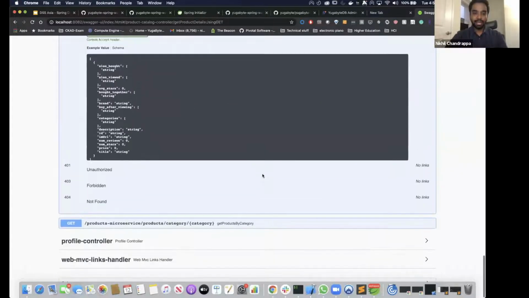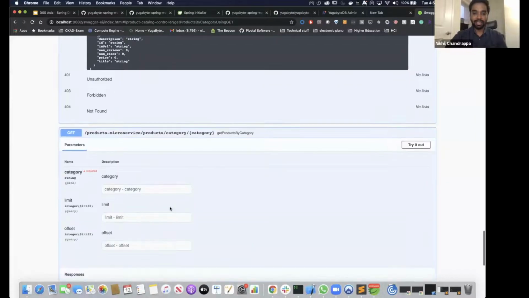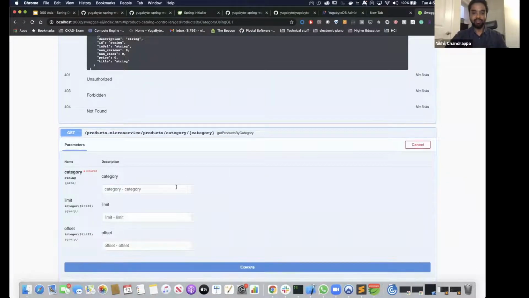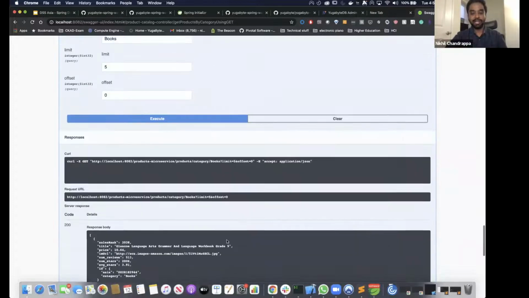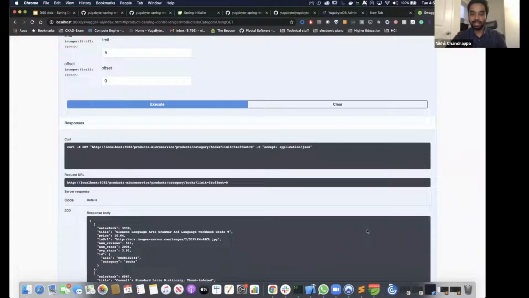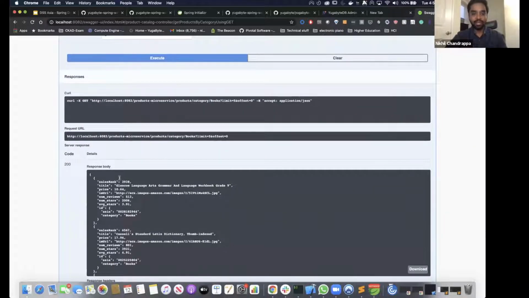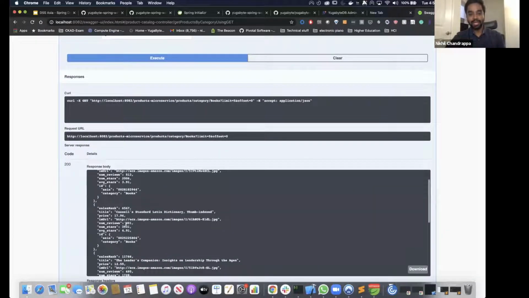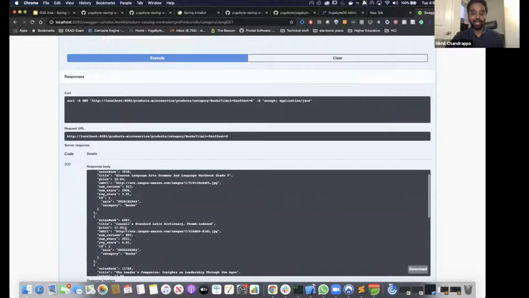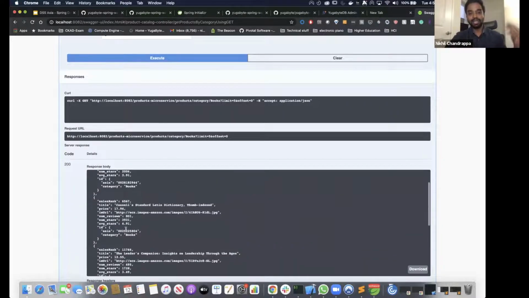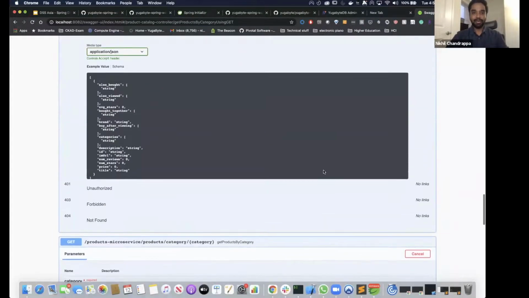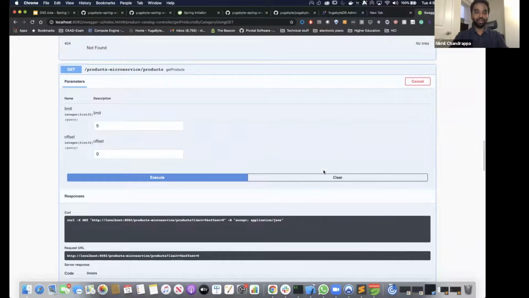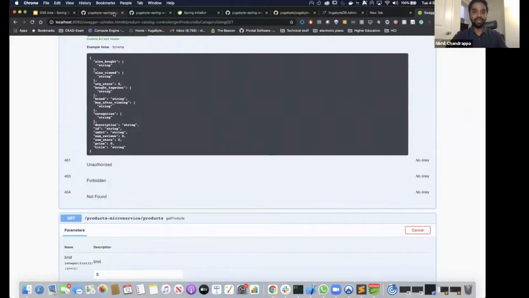Now let's go to the last API that we created, based on the category, right? I think we have a books category. I'll say books, limit 0, offset 0. This is going to give me the top 5 books based on ranking, right? To see the sales rank that I got, this is the data currently in our database that we loaded. These are the top 5 books that we have. That's it, folks. That's all you have to know as an app developer to work with Yugabyte's